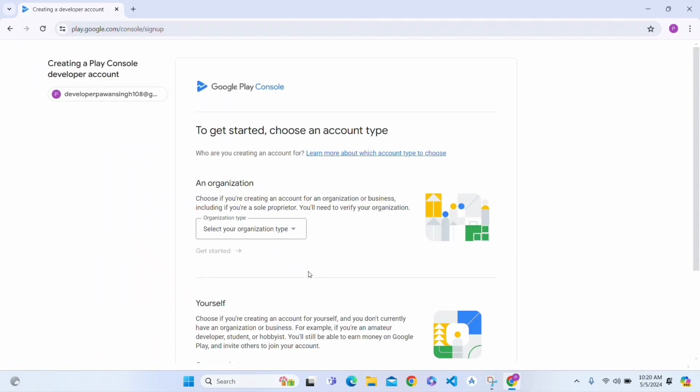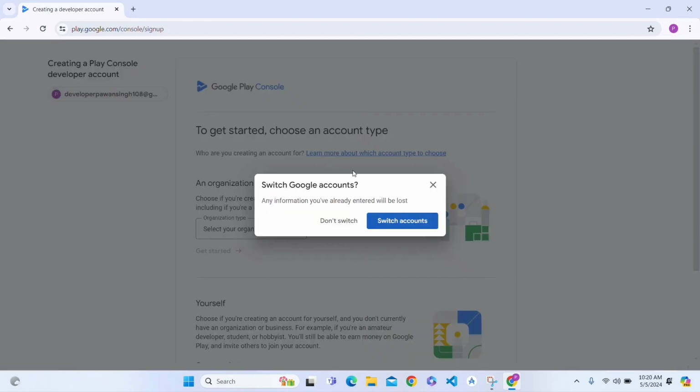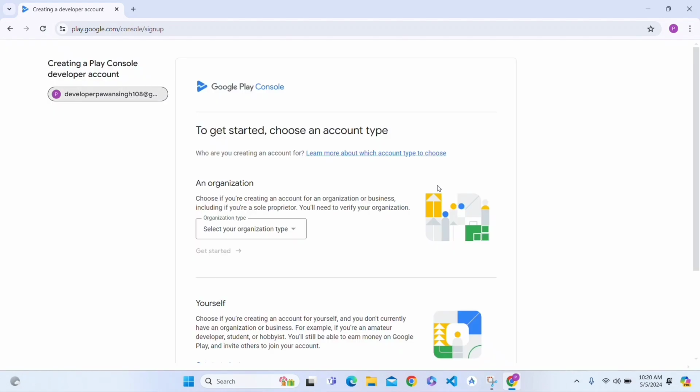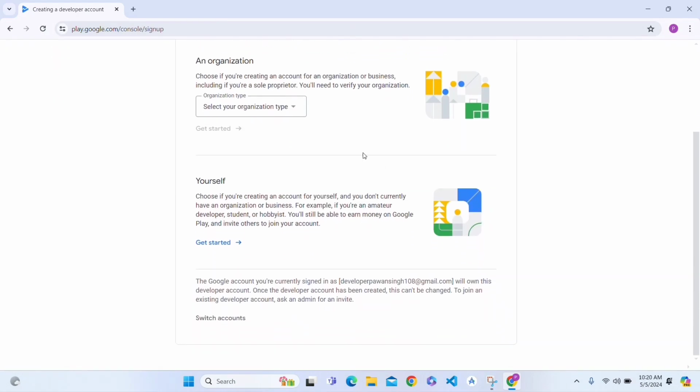You can change your email ID from the left side. You can see here I am using the developer Pawan Singh ID, and you can change it by clicking here and switch to the account from which you want to make your Google Play Console ID. Here two options are given: an organization and as yourself. If you are a business or a company, you can log in as an organization, and I will log in as yourself to show you. So click on get started,